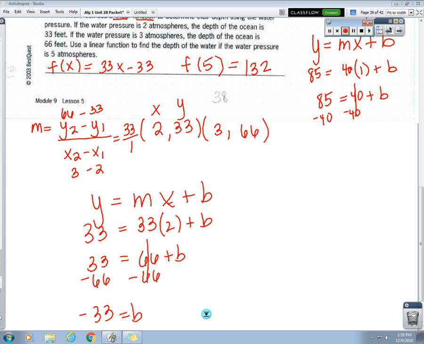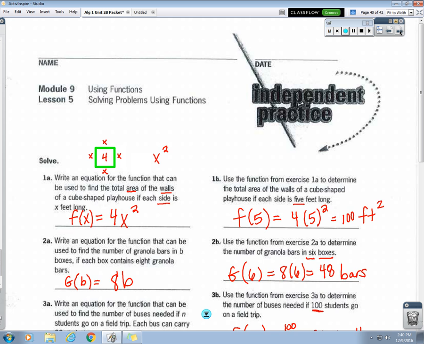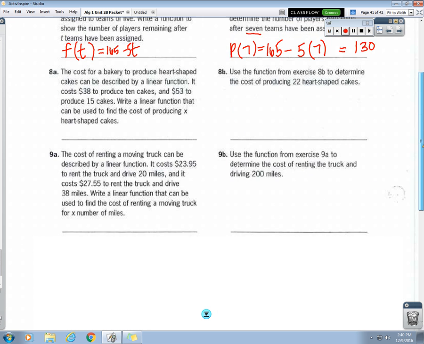Okay, turn to the next page. And the next page, yes. Okay,